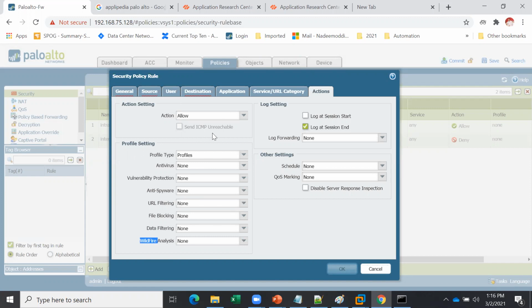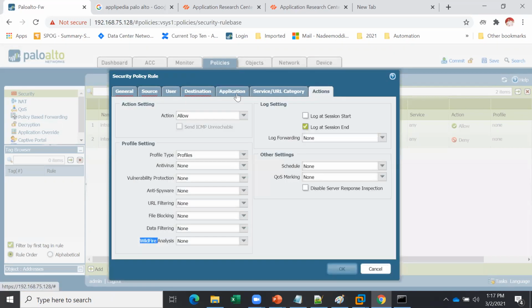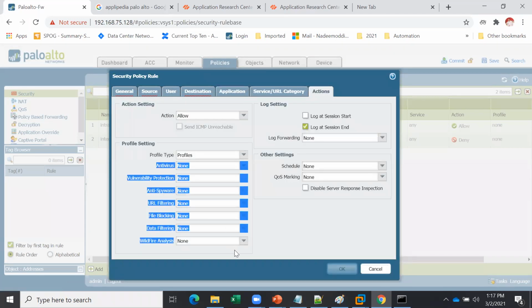So in the rule, you're adding user ID capability and application capability, and with that you are utilizing all these features. This will become a very strong rule. So content ID means the content of all these features.